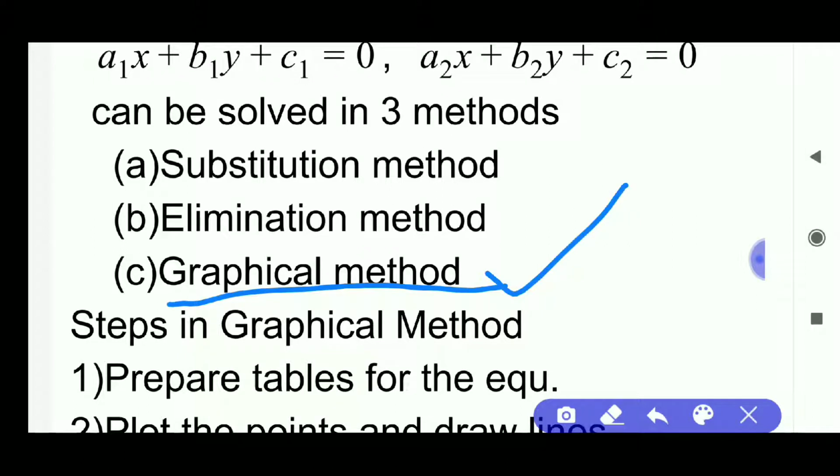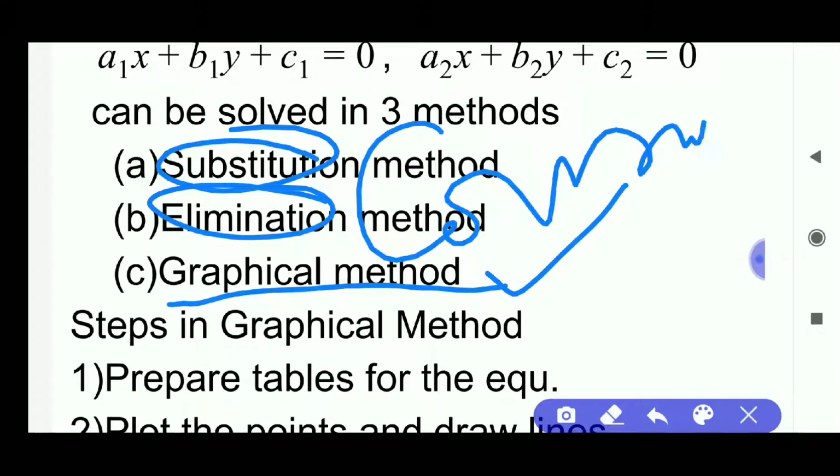In previous sessions, we finished the substitution method and elimination method. And also, in a previous video, we discussed the consistency of a pair of linear equations. Consistency means sometimes the pair of linear equations have solutions and sometimes have no solutions. If they have solutions, the solution might be one or the solutions might be infinite. We discussed these things in detail in previous videos, and you can learn them by clicking the link in the description box.